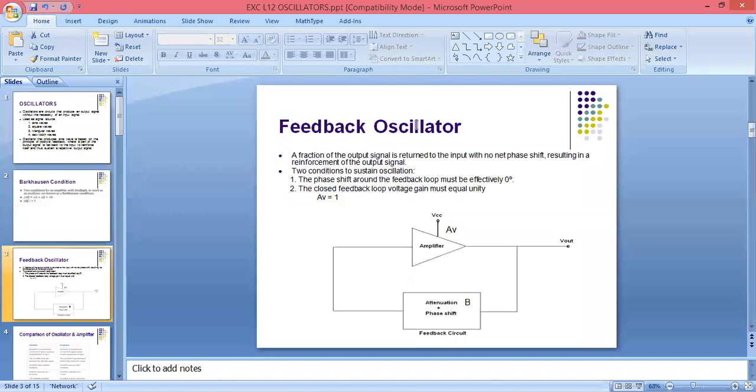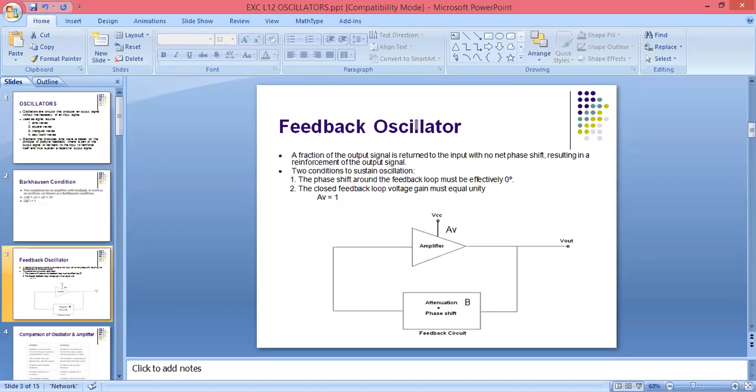So there are lots of applications of oscillator. We can use oscillator in radio, TV transmission. We need oscillators to generate the high frequency signal from 550 kilohertz to 22 megahertz. We can use oscillator in TV and the radio transmission. Then also we can use feedback oscillator to test the performance of stereo amplifier. And why we require the stereo amplifier? It is related with the audio range.